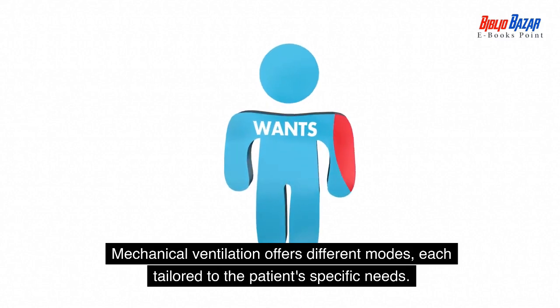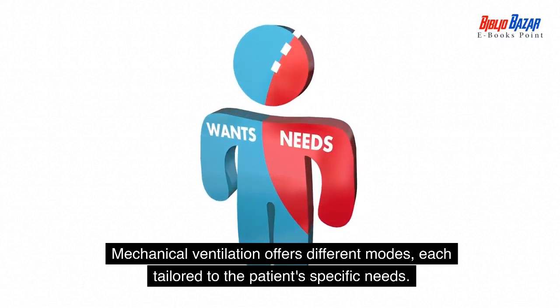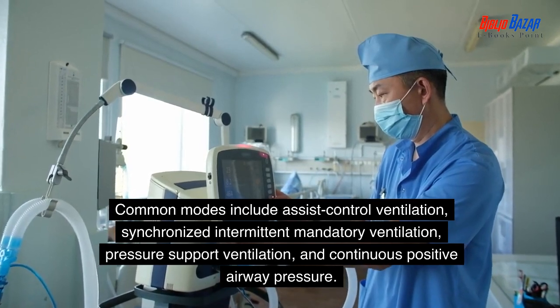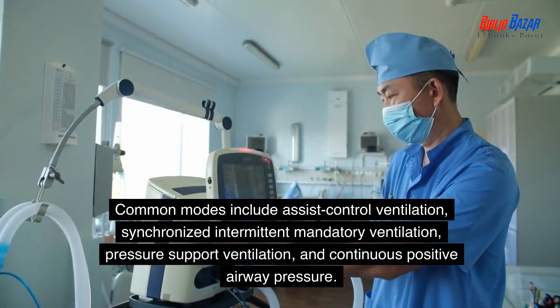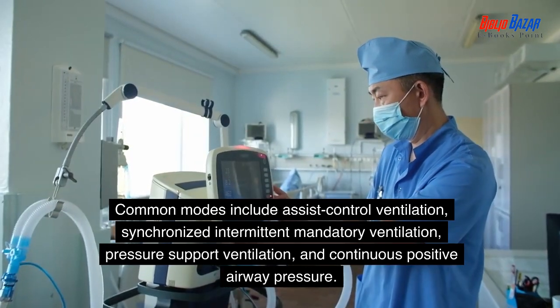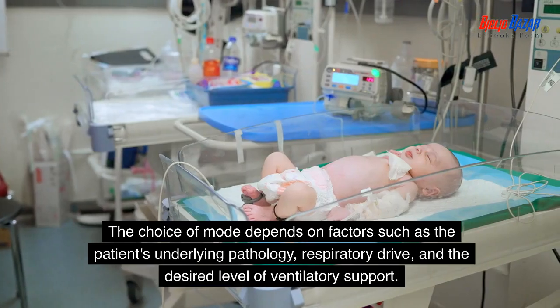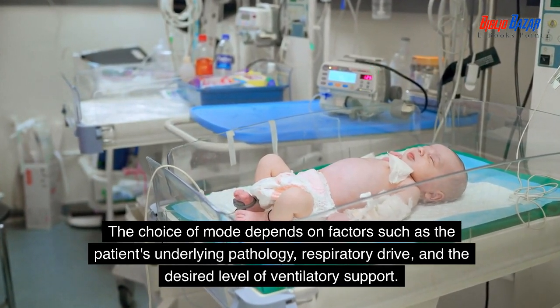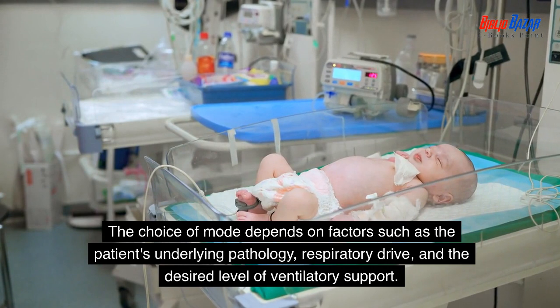Mechanical ventilation offers different modes, each tailored to the patient's specific needs. Common modes include assist control ventilation, synchronized intermittent mandatory ventilation, pressure support ventilation, and continuous positive airway pressure. The choice of mode depends on factors such as the patient's underlying pathology, respiratory drive, and the desired level of